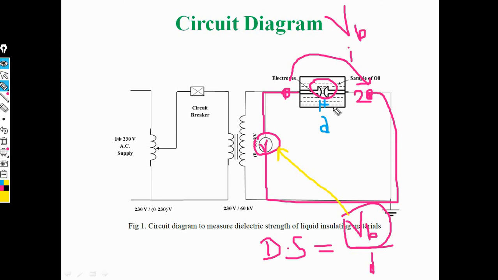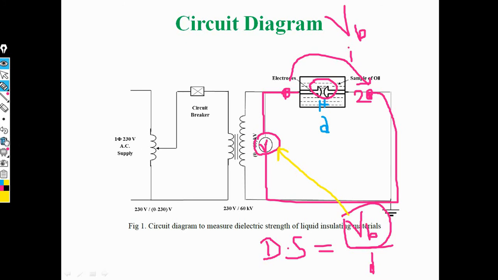between the two electrodes at the initial condition of the electrodes. That is, we measure at the starting end of the practical. We set the distance between the two electrodes, and this distance is measured with the help of a scale or ruler. Now this is the exact working of this practical.